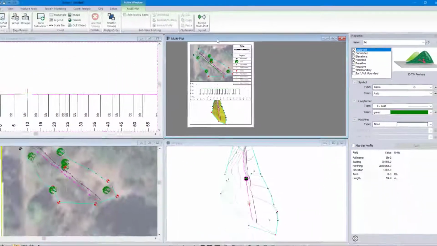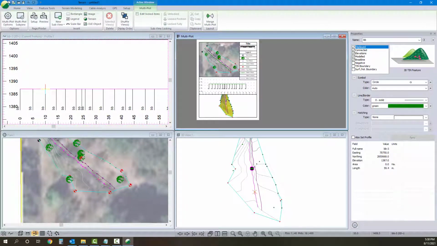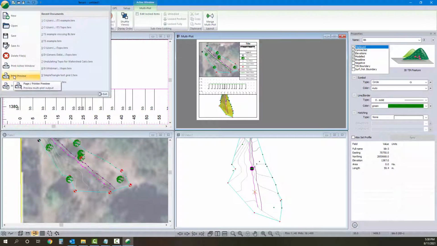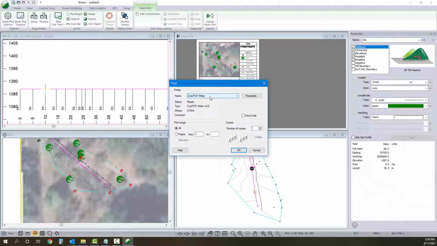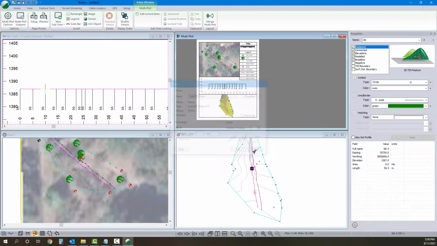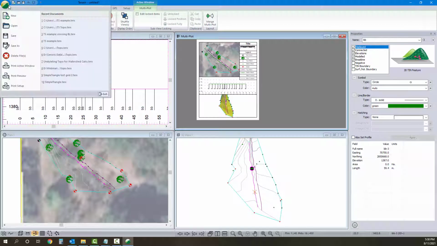Now, once I'm ready to plot that, I can click File, print or print preview. If I want to go to PDF, I'm going to use my PDF printer driver, and that's that. Now, if I want to export this data into another digital format, I absolutely can as well,